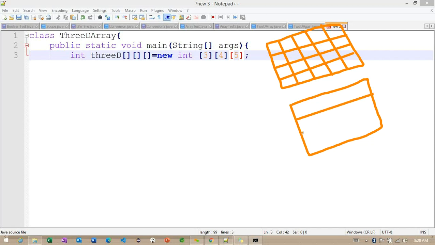Second, third, fourth. First column, second, fourth and fifth.